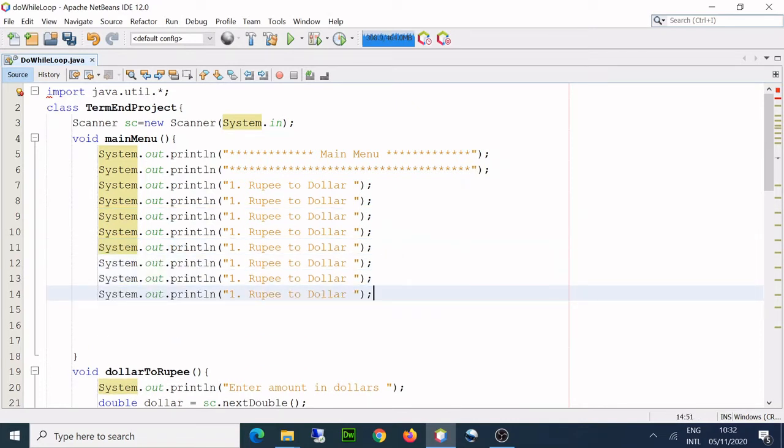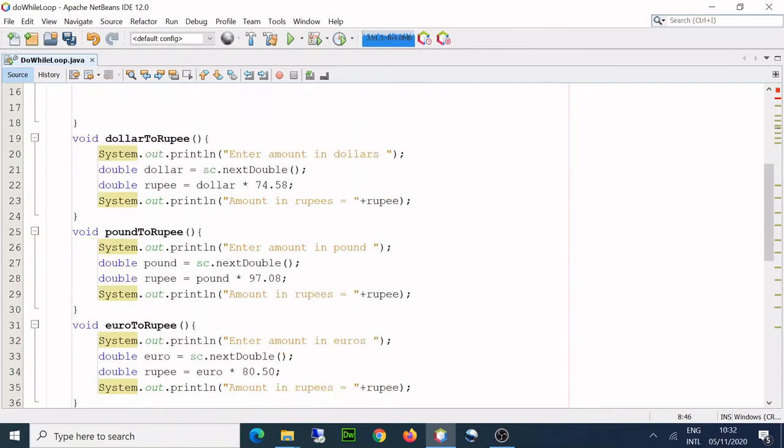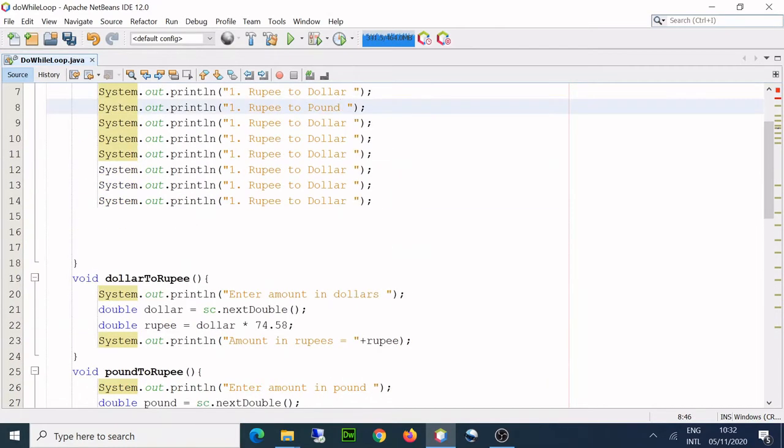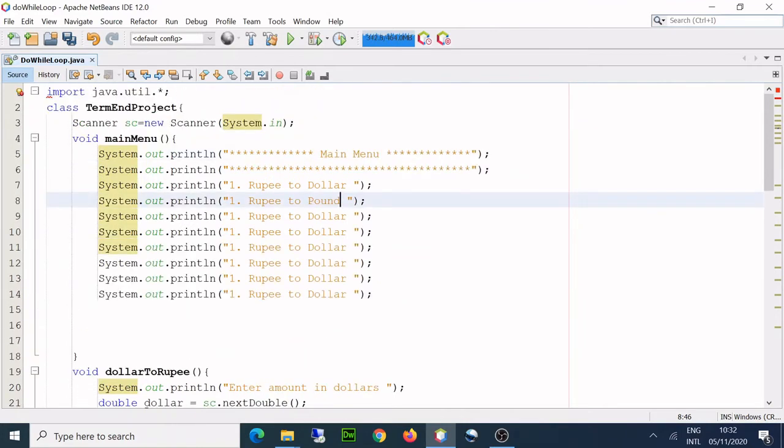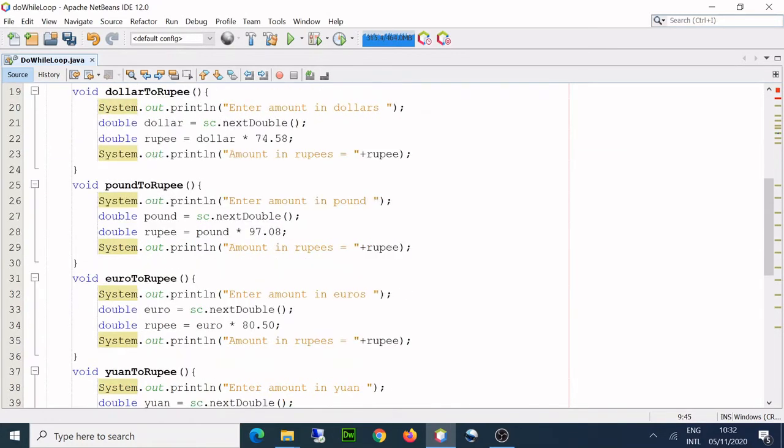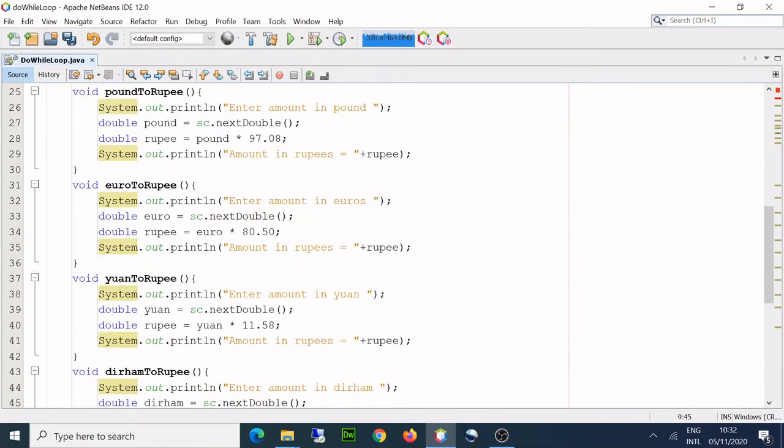Makes more sense. So rupee to dollar, then rupee to pound, then rupee to euro, then rupee to yen.